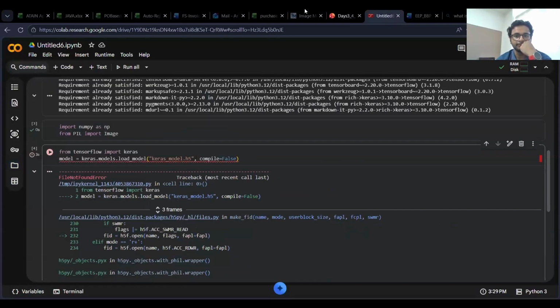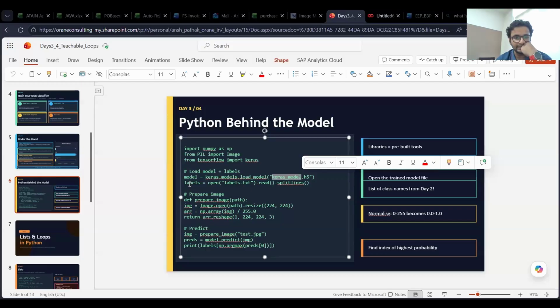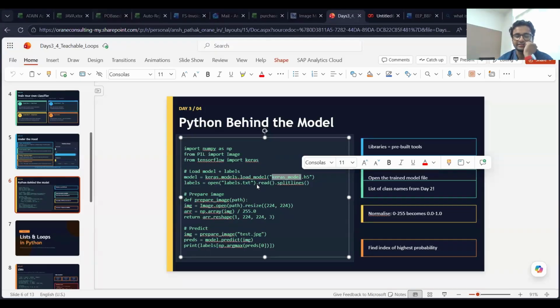So basically, just importing the model into this file section so that I can import my model from here as well. Then the labels variable is being declared, wherein I'll open specific labels as per my requirement, read its text, and then Python splits it into lists so that it becomes very distinct for each individual class category. So what labels exactly means here is the different classes that we defined earlier, right?